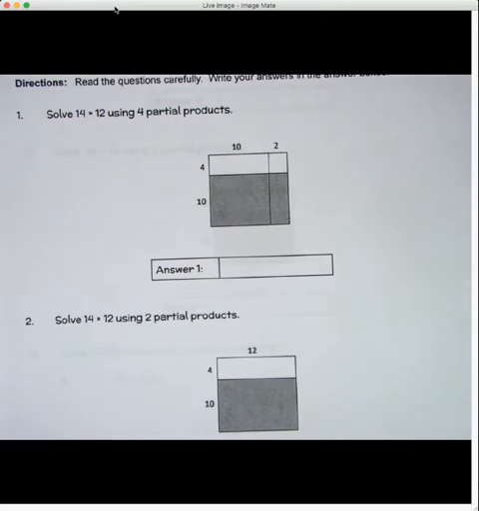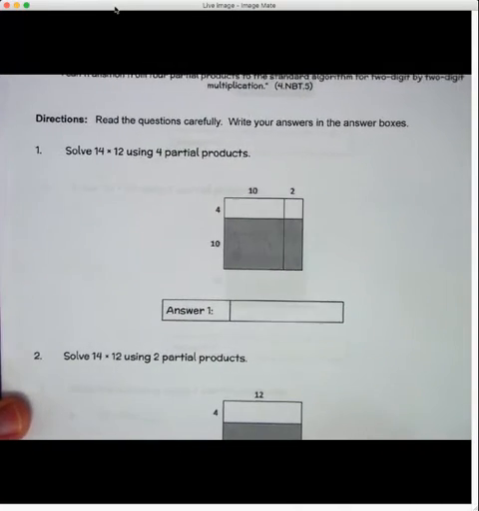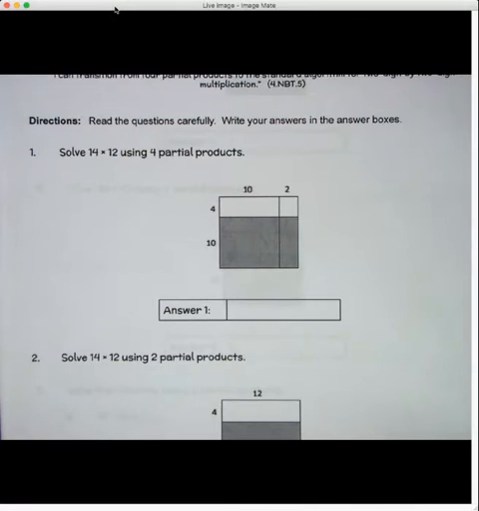Okay, well, here we are again. If you just watched Mr. Walker's video and you were like, oh my, that looks hard, don't worry. I don't like the way to multiply using partial products. That is so confusing. You know what? When we do the area model like we did yesterday, we're already finding partial products. We're doing the exact same thing. Let me show you. So you can just use the area model again today as far as I'm concerned to